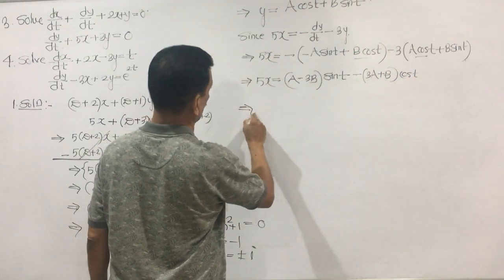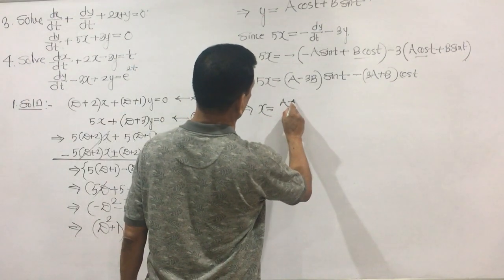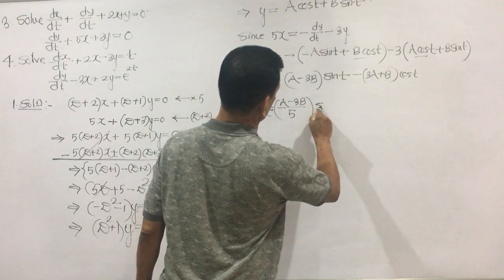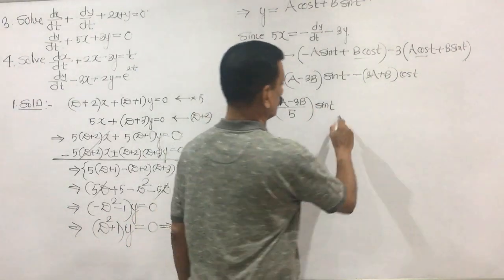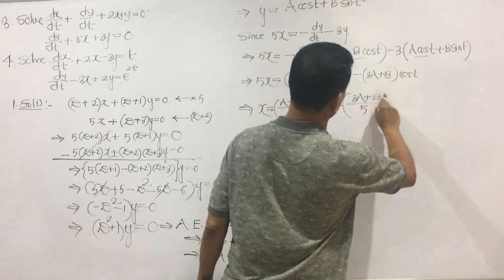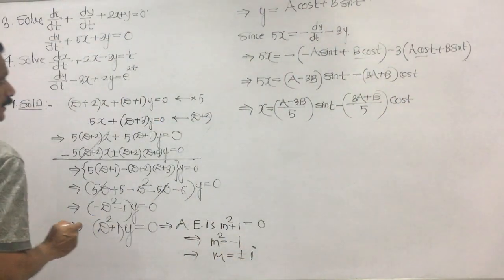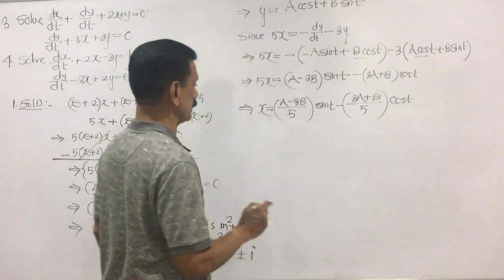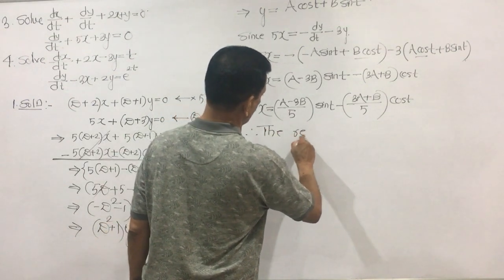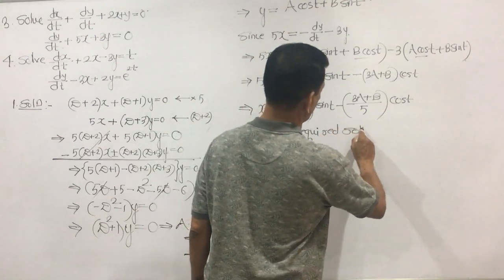So this implies, I write that as x is equal to a minus 3b divided by 5 into sin t minus 3a plus b divided by 5 into cos t. Okay. So I can write here the solution is, I write this and this together, which is a required solution. Therefore, the required solution is